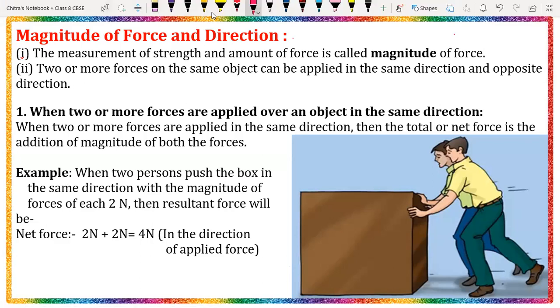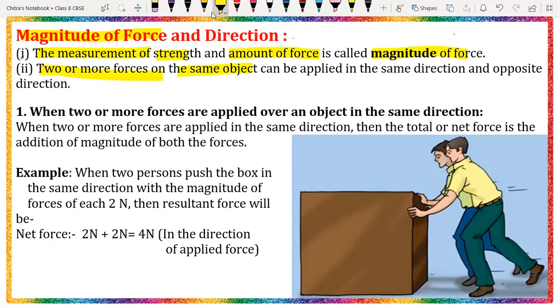First we have to discuss what the magnitude of force is. What is the magnitude of force? The measurement of the strength and the amount of force is called the magnitude of force. Okay, so when two or more forces act on the same object,